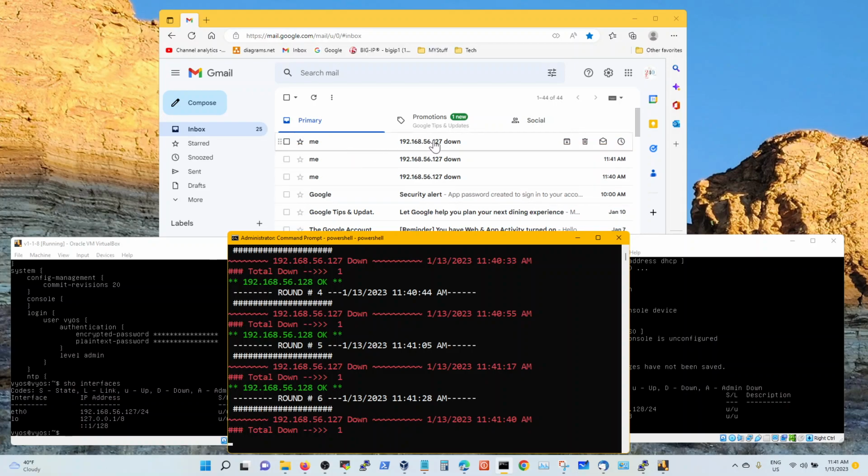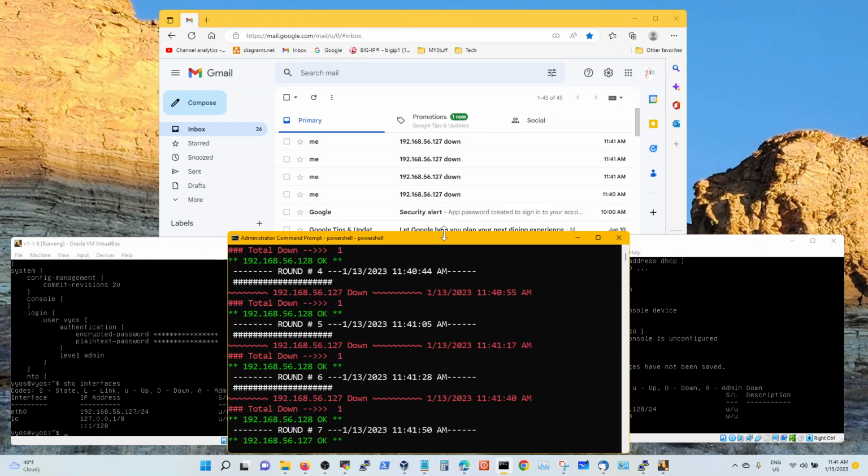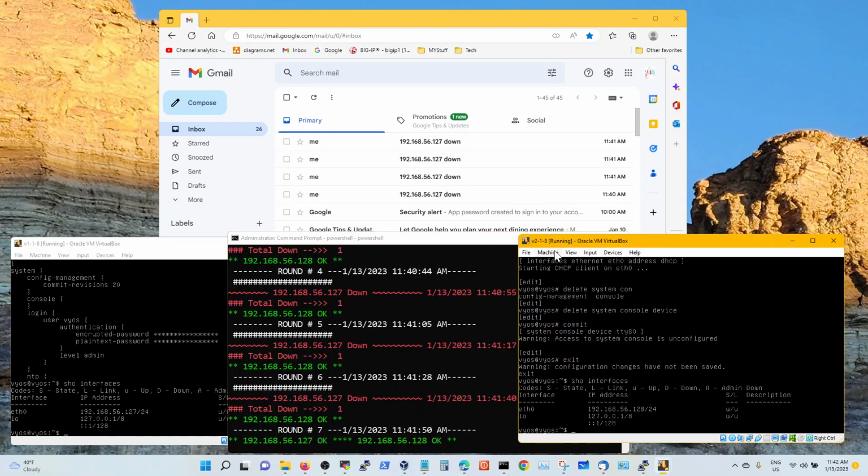So it's going to keep prompting me for 127 being down, even though it is up, again, because of the virtual environment. So just to give you an illustration, when you test this, it will look like this. Now 127 came back up, 128 is up. Got 4 email messages. Let's go bring this guy down,